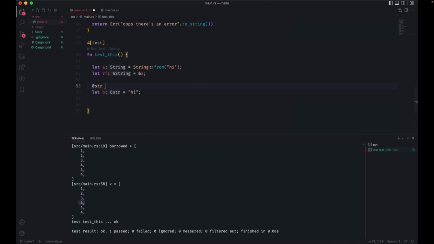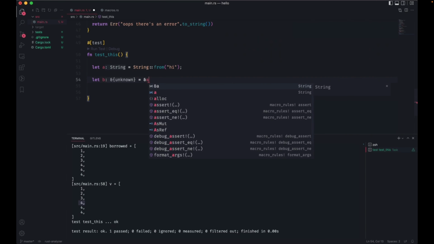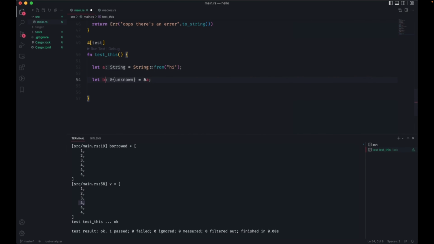Strings happen to be complicated in how Rust set it up, but the thing to remember is that String is the object in memory, and whenever you borrow a string, it is effectively an ampersand str. It's always a reference to a string.